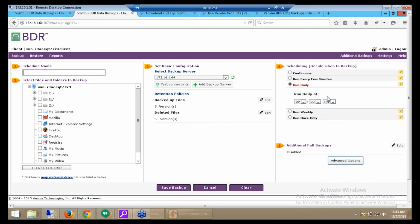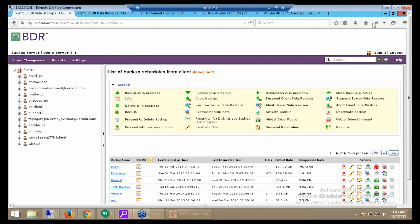Now let us go back and take a look at the backup server and see what are some of the restore options available there. So your backup server is an application that you download from our website. You install this application on a Windows Server 2008 or 2012 or an Ubuntu. So it could be any hardware. You just have to have these operating systems, and it could also be a virtual appliance. And we in fact have a pre-configured virtual appliance that you can download from our website, and you can run it on Oracle VirtualBox. You can run it on Hyper-V or VMware or Xen. And once you deploy this backup server